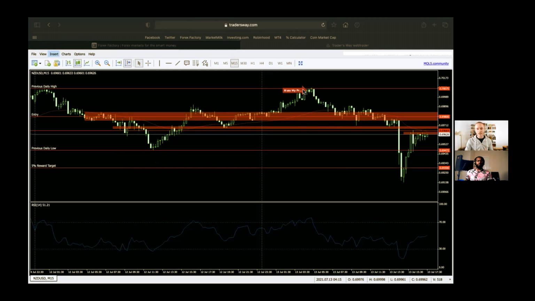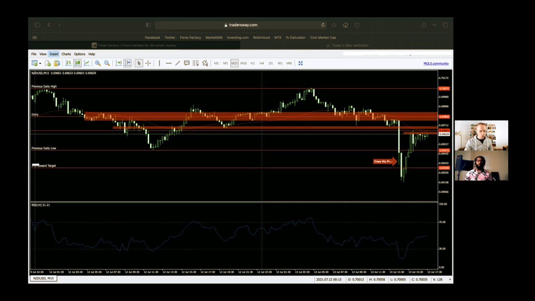But again, we're looking at this on the downside. So once we saw this reject, come over here and break the 50 EMA, we were pretty confident that this was then going to go down. We had this overall zone that it was coming back down into, rejected the previous daily high. Bulls could not push this up any further, and we saw that break here. So we decided to enter here at 0.6980. You can see right here, we had this massive bearish candle, followed by another pretty big bearish candle